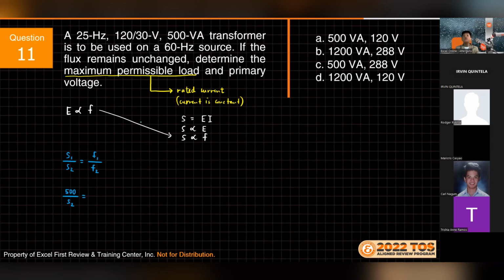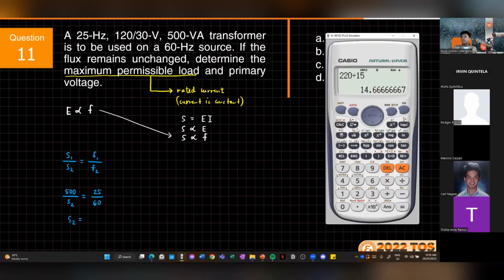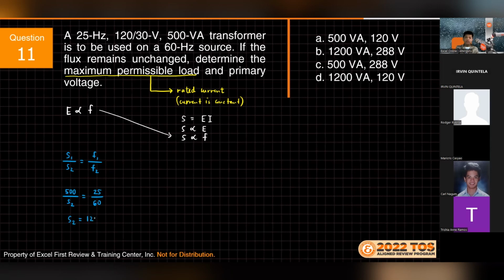Over S2 is equal to, what's F1? 25 Hertz is to be used for 60. So ang S2 natin becomes 60 times 500 over 25, which is 1,200 VA. Okay, so this becomes our... dalawa yung 1,200, no? Okay, so ibig sabihin, the primary voltage naman is E1 over E2